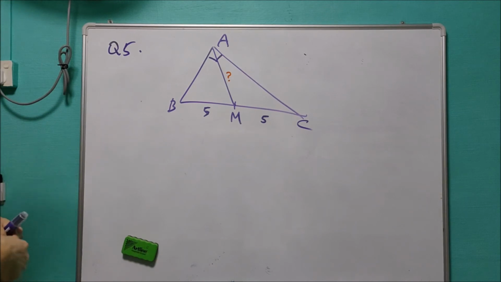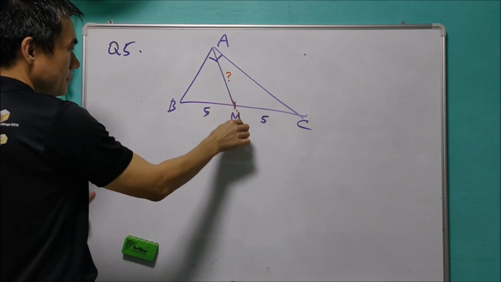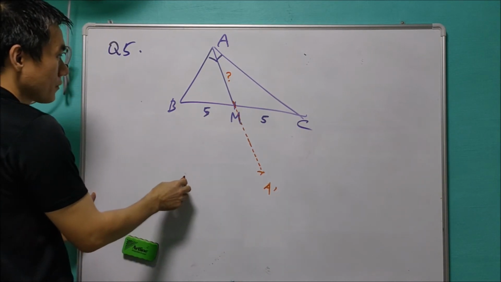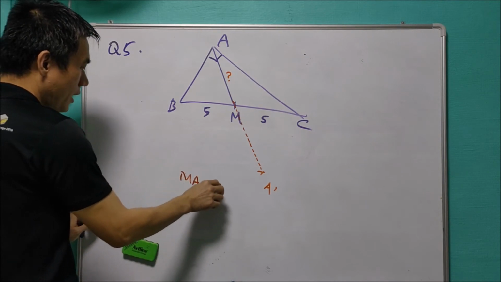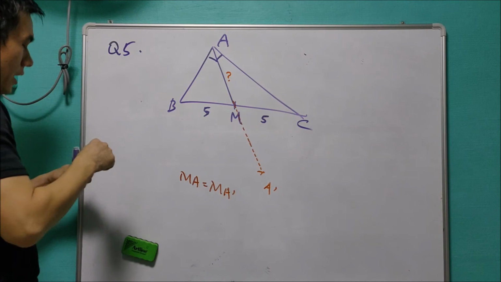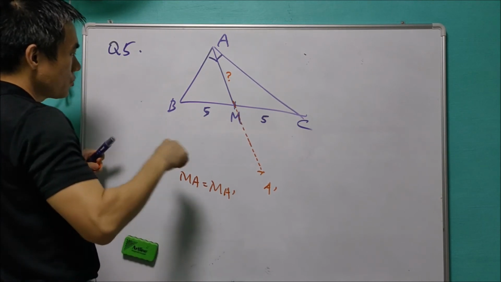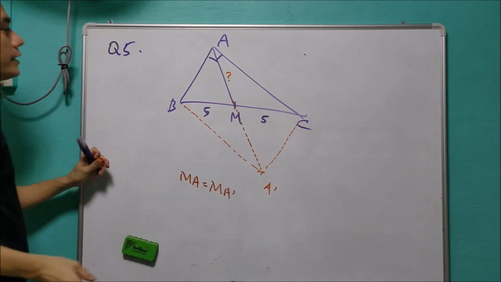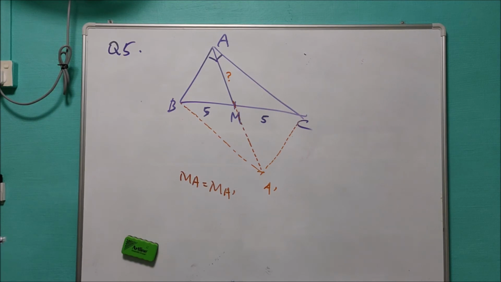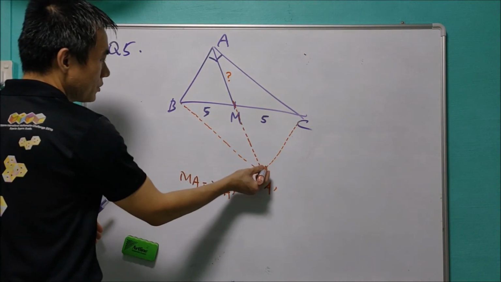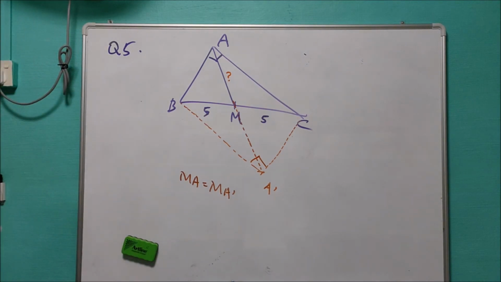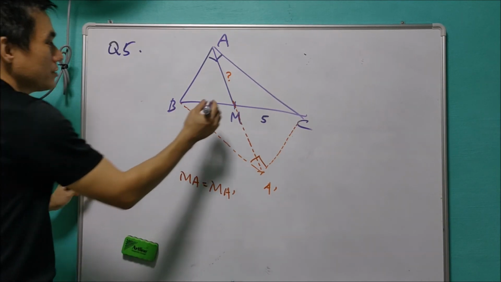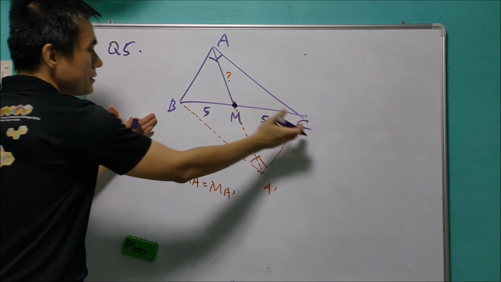So we may extend this to some point called A prime, where MA equals MA prime. You just need to extend it and then join B to A prime and join C to A prime. After you have this, what you can see here is this is also a 90 degree angle. And then what you can say is this will be a rectangle, and this will be the midpoint of BC and